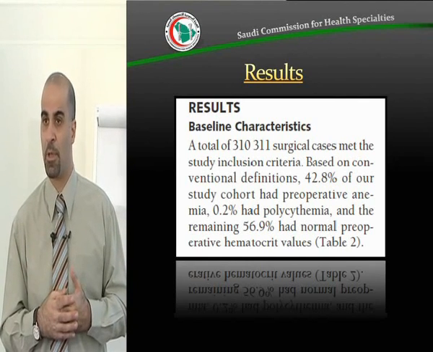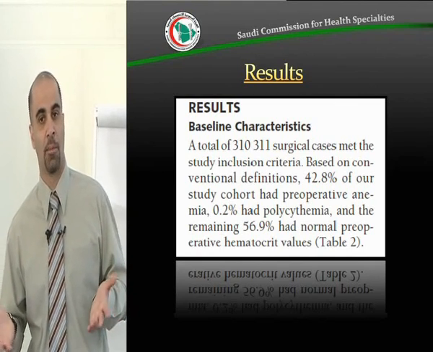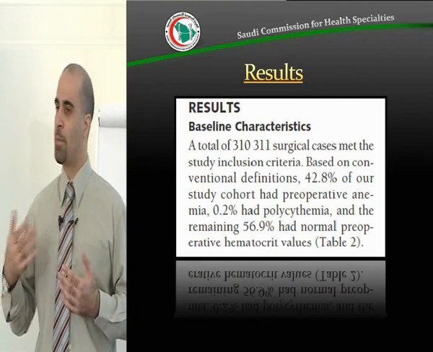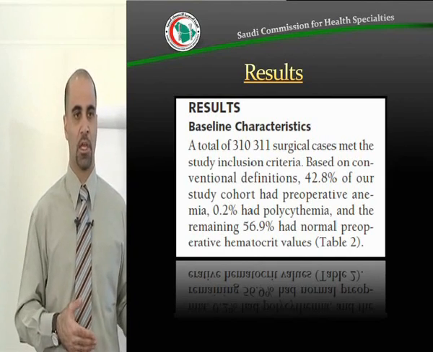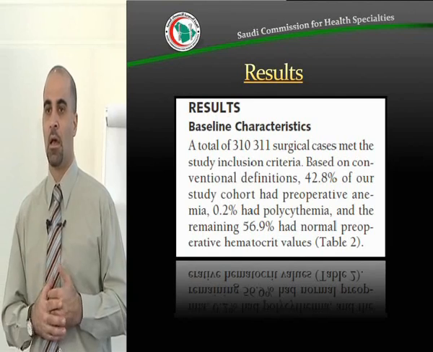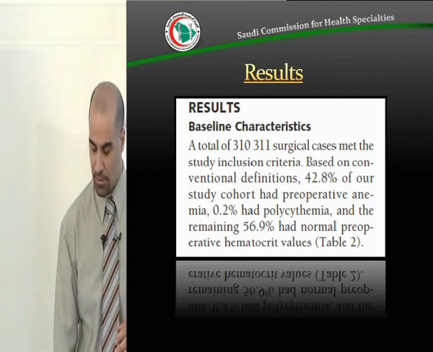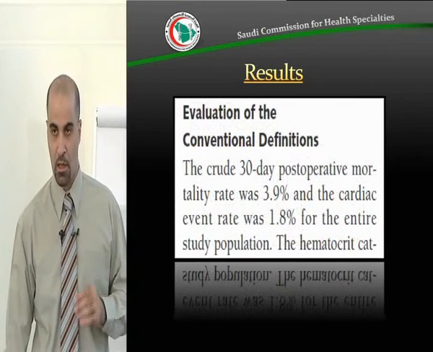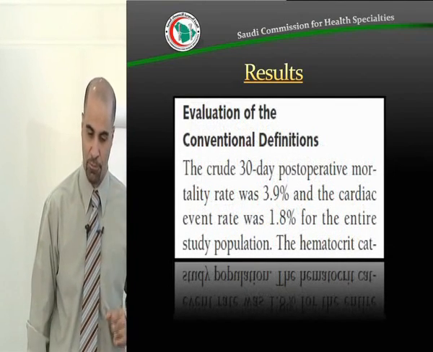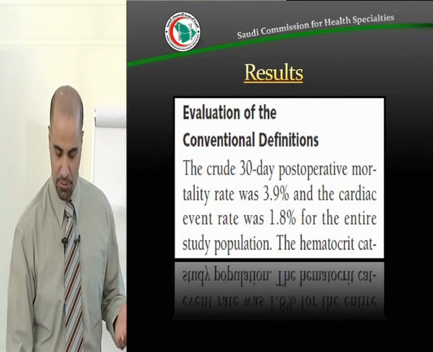or to understand from the paper is a description about the sample. So how many patients were included, how old are they, what was their distribution in terms of gender and disease, underlying diseases, and so on and so forth. So baseline characteristics is where you summarize or you read about the information of the sample. Evaluation of the conventional definitions, in other words, in this case,